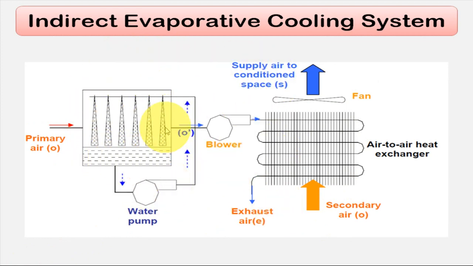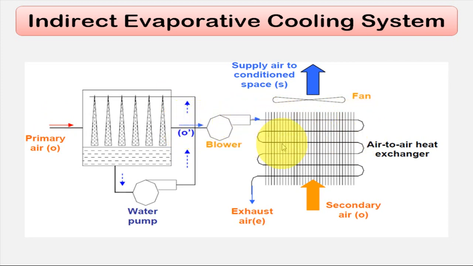So here is the tank. So a water pump is there. The water pump forces the water through this distribution manifold. Water is falling down. So outside air comes in contact with these water particles, so that the air gets cool with addition of moisture. We call it working air.